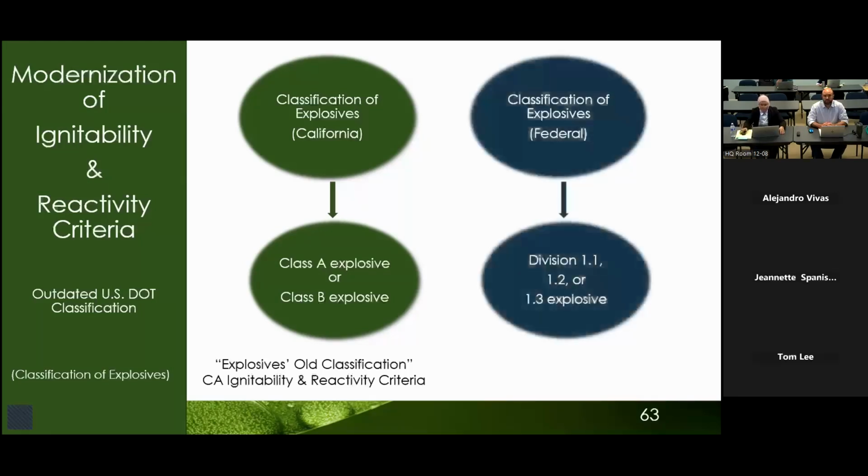This classification system has been modified by US DOT many years ago, where the new system replaced the use of explosives classes A and B with the classification codes of 1.1, 1.2, and 1.3. The US EPA has already updated its regulations to match these changes pertaining to the explosives current classification. This modification resulted in harmonized regulations by aligning the US EPA's regulations with the current US DOT's updated classification system